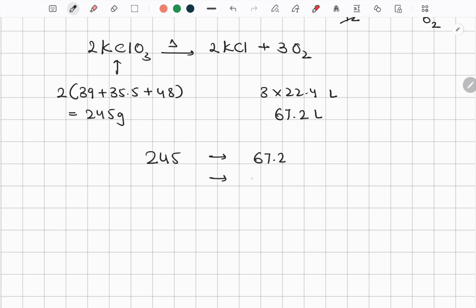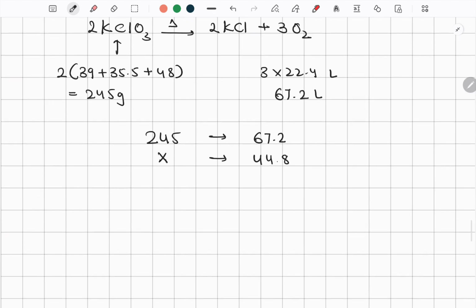Then if I want 44.8 liter of oxygen, how many gram of KClO3 would be required? Say X gram. So X would be equal to 245 into 44.8 divided by 67.2,